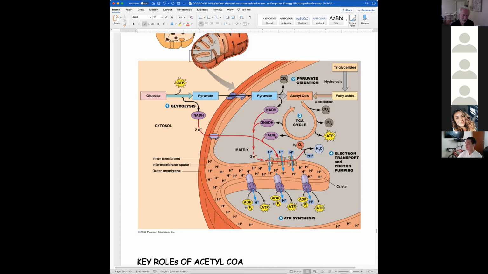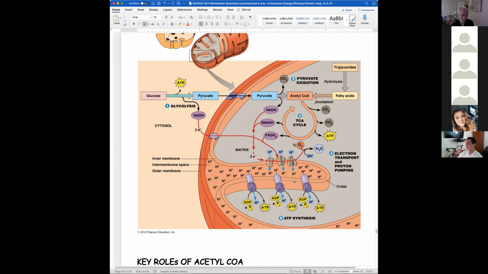So again, here we have what we've been talking about and what the video showed, these proteins in the membrane that represent a series of electron transport steps, a series of carrier reactions where electrons are handed off from one to the other. The electrons pass through the chain, and as they do, they're pumping hydrogen protons into this intermembrane space. And when the concentration of protons gets high,